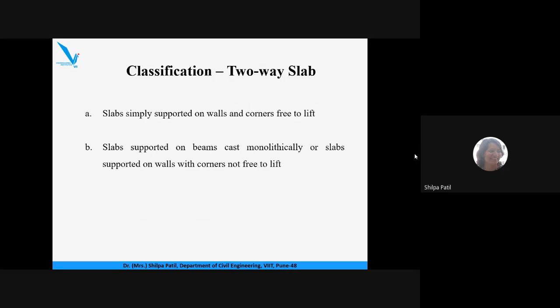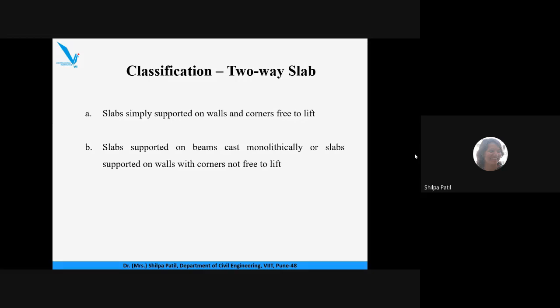free to lift. Now you can just imagine one example, that you are putting your notebook along its four edges. Okay, just keep some block all around the four sides of your notebook. Just rest your notebook on those four blocks and put a weight on your notebook, and you observe how your notebook is showing a deflection. When it deflects, when it takes the shape of a dish, the corners of your notebook will uplift. This uplift will be a very small amount, but the corners will get uplifted because of the weight you are placing on your notebook.